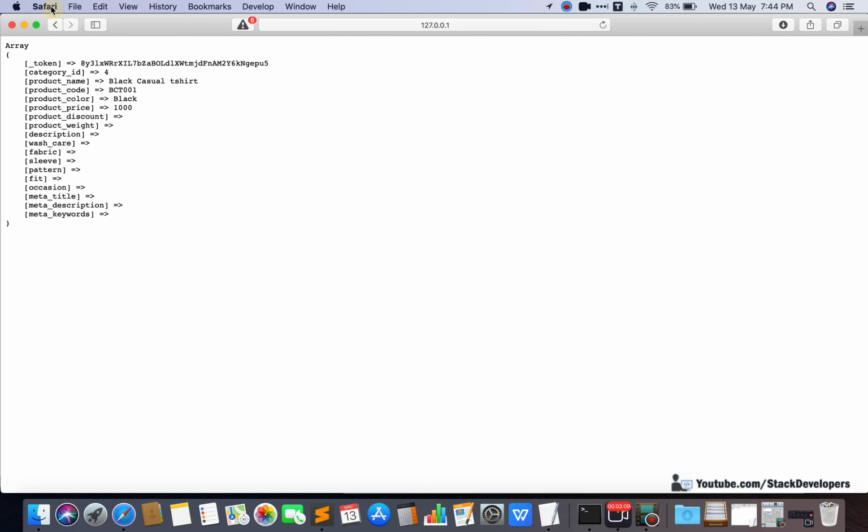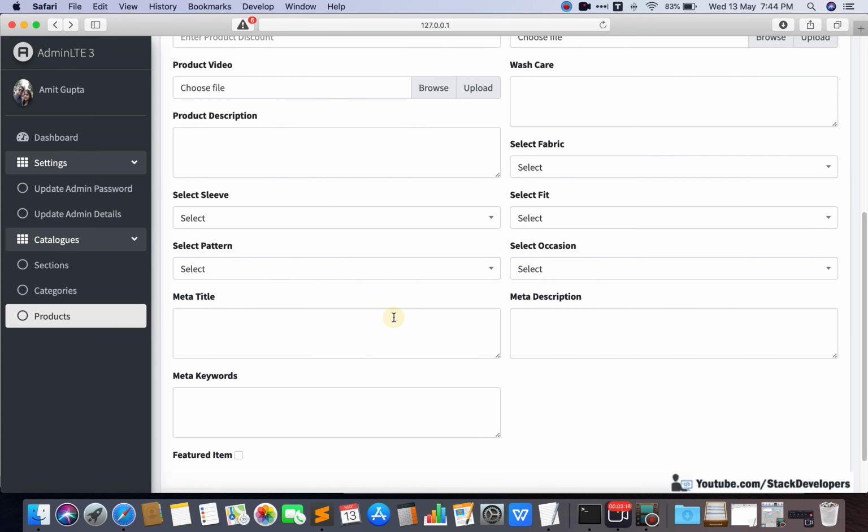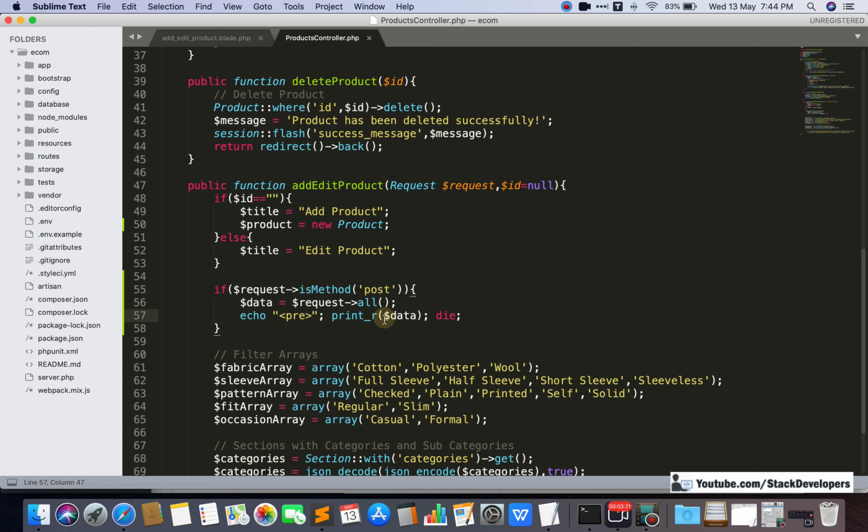Here data is coming, but if you fill in empty data, then it must not submit. Even though it is coming here, we want to add the Laravel validation before saving the data into the database, into our table. We want to check whether all the mandatory data is coming or not. One thing is we can add HTML5 validation, and along with that we can also add Laravel validation, so both things we can do. First we are going to add Laravel validation, because if we add HTML5 validation, then we can't test Laravel validation.